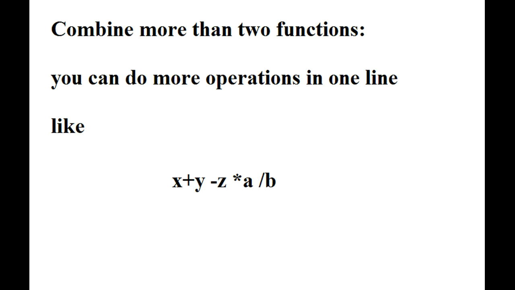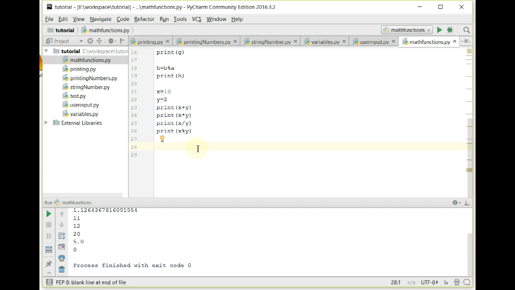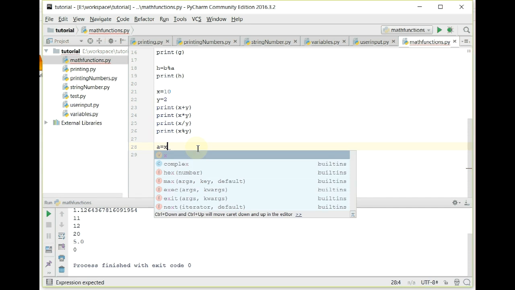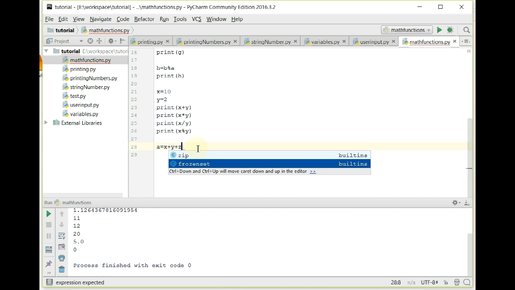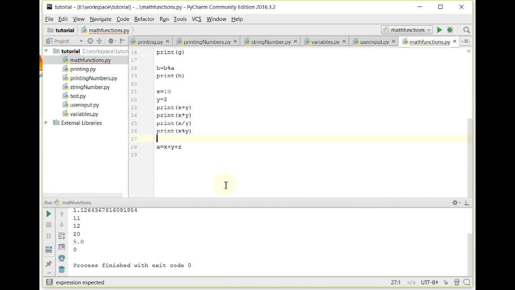Here, declare some variables x, y, z, a, and b, and after that use any type of operator. Like here I'm using x plus y minus z multiplied by b divided by a. You can use this easily and you will feel no difficulty, but keep in mind that the denominator cannot be 0. Here I am going to do the example of combining some basic math operators. Like I am combining in the variable a is equal to x plus y plus z. Let's define variables x is equal to 2, y is equal to 4, and z is equal to